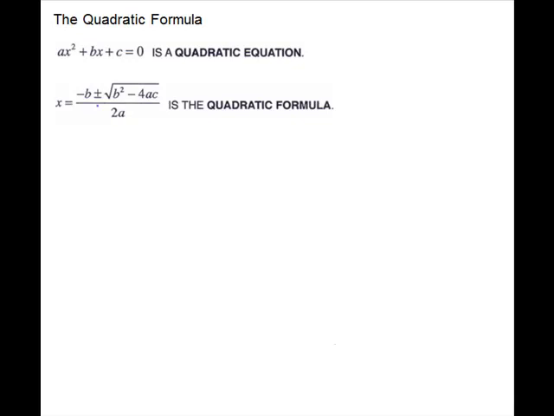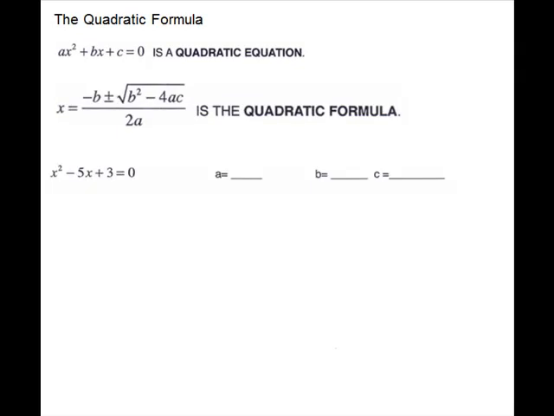I would be careful and not jump to this formula first. If it looks like an easy problem to factor, you have less chance of making a mistake there. If it's a hard problem to factor, definitely go to the quadratic formula. Make sure your quadratic equation is in standard form, so you want a 0 on one side. You want to pick off your coefficients, your a, b, and c, so that the formula will be